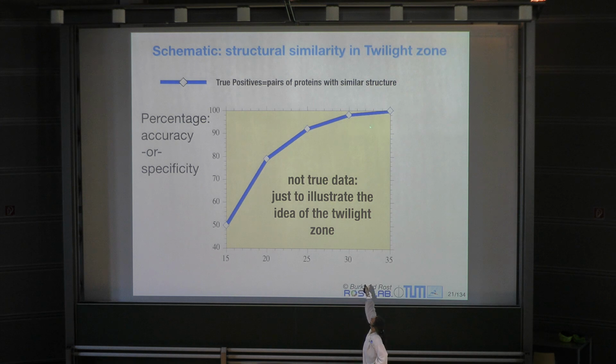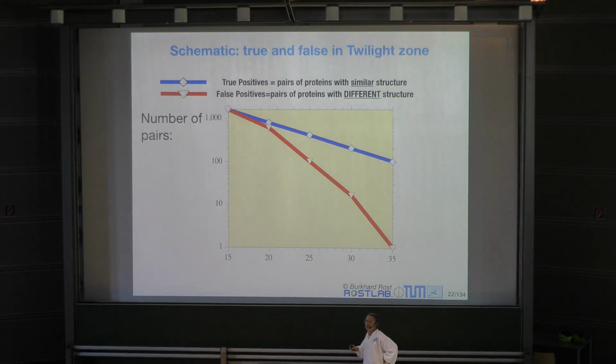That's why you go from 100% in the daylight zone, where 100% of the pairs that have more than 40% sequence identity essentially have a similar structure, to something like 50%. Again, this is fake. These data are not true, just to illustrate. At the same time, we expect that in the same sort of transition here, we would now